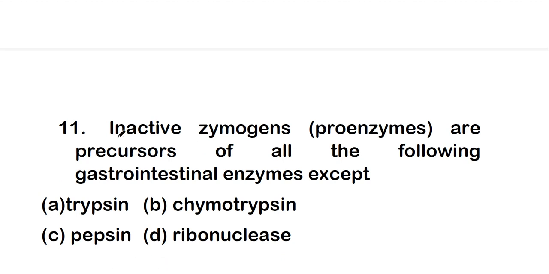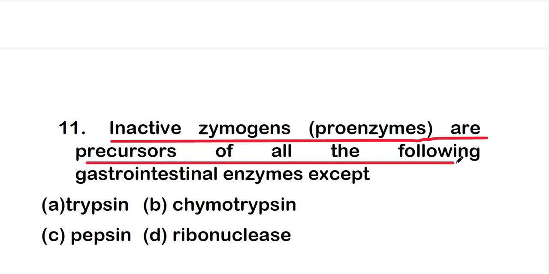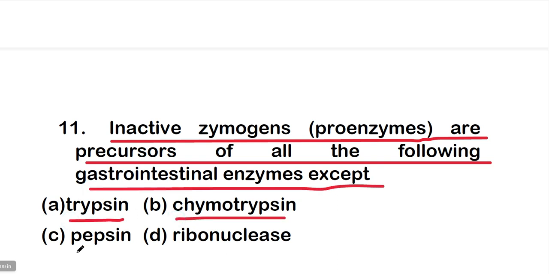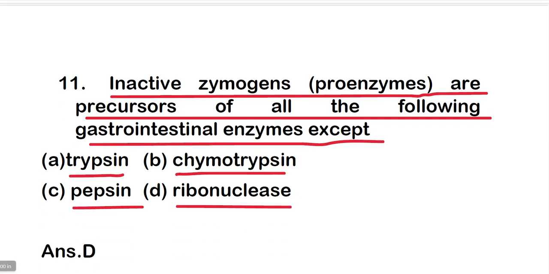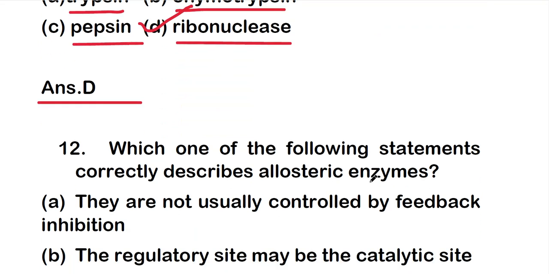Next question: inactive zymogen, that is proenzyme, are precursor of all the following gastrointestinal enzymes except trypsin, chymotrypsin, pepsin, or ribonuclease. And the right one is option D, that is ribonuclease. So inactive enzymes, that is proenzyme, are precursor of all the following except ribonuclease. Okay, so next one is